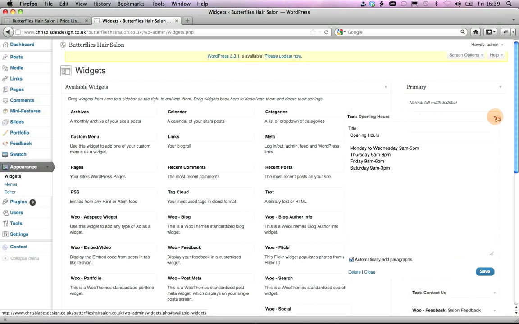If you expand the opening hours, notice that the text is there. This edits the text in the sidebar, so you only need to do this once, and every single sidebar across the site will be updated. So you can just change your text as is there. Always make sure "automatically add paragraphs" is selected, and hit save once you've done that,